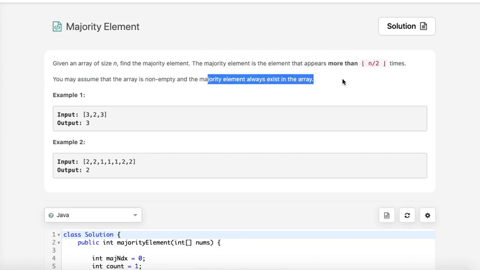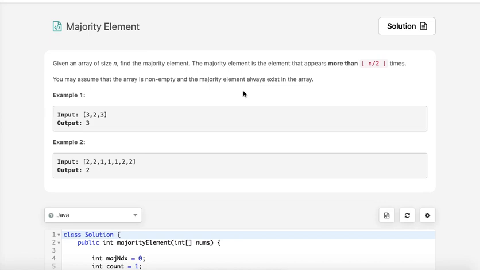the array. So let's not generalize this, and we'll also solve for the case where the majority element does not exist in the array. In some cases they may ask you to return -1 if there is no majority element. This is one of the problems that you can solve in numerous ways. In this video we'll see three approaches to solve this problem.